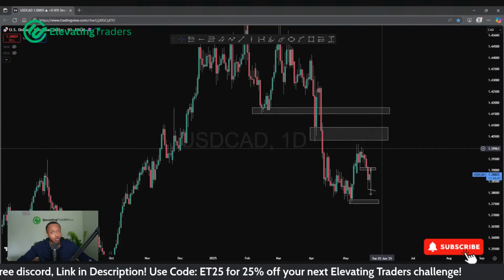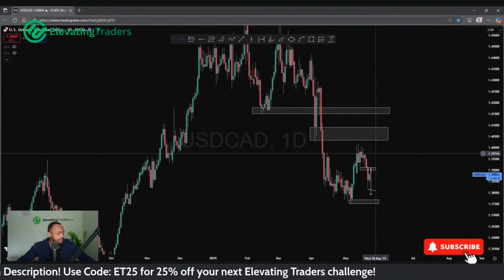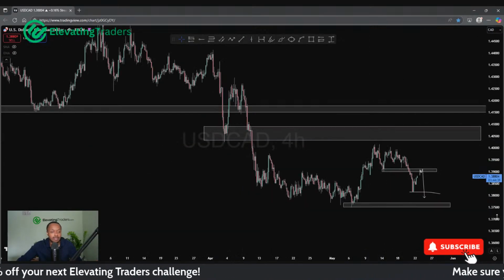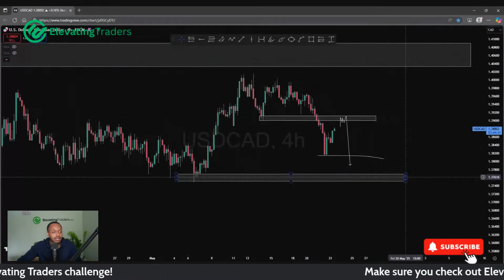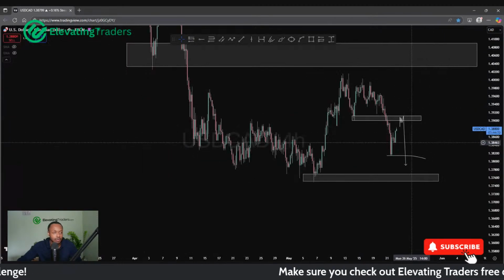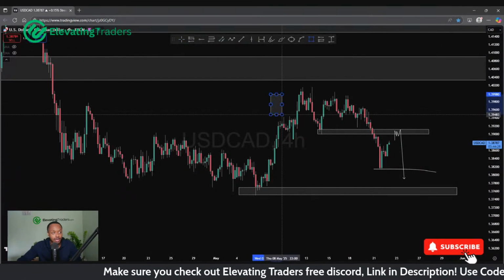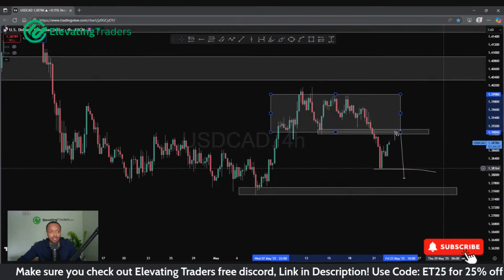I'll be looking to short, see if I can catch a swing high and push it back into support there. So those levels are still very much valid, but the likelihood is that we probably just continue to the downside without testing them. So that's what I'm kind of looking at now for dollar CAD. Basically a breakout, that consolidation, looking for the retest and the continuation.